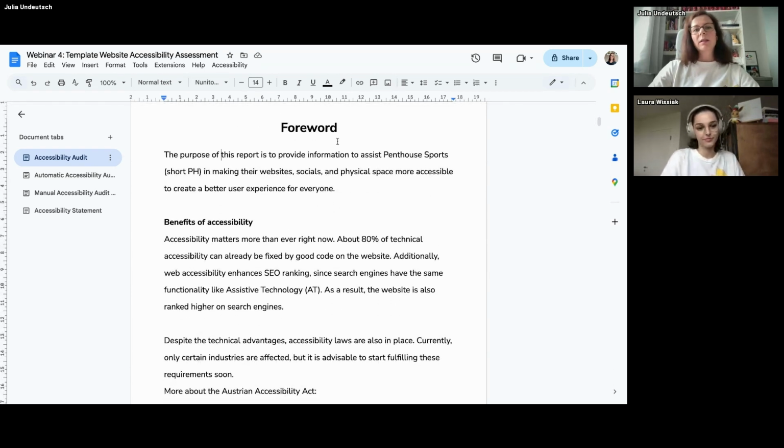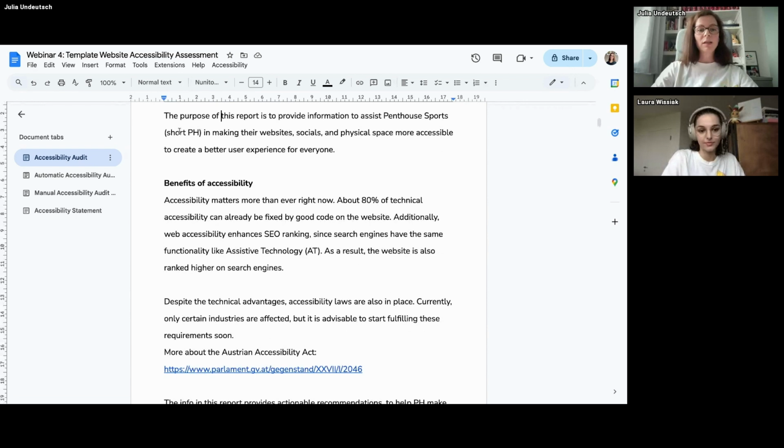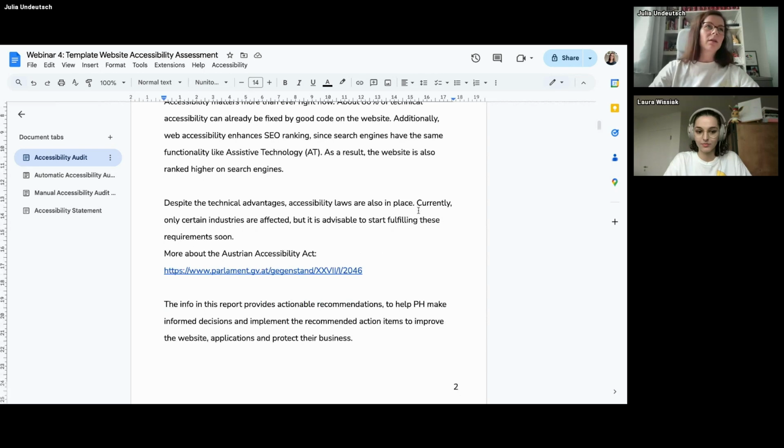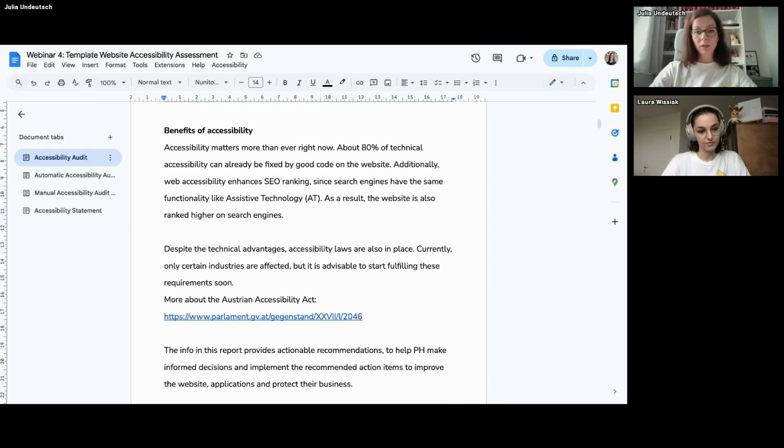Then a small foreword about who the audit is for. In case I write it in short form, it's always great to have abbreviations explained in the first appearance, and then you can use the short form to go further with and to make it easier to write. The benefits of accessibility in general, explain them, what actually is accessibility and how many people have some sort of disability and how it would improve the gym's SEO and how they appear in front of their users.